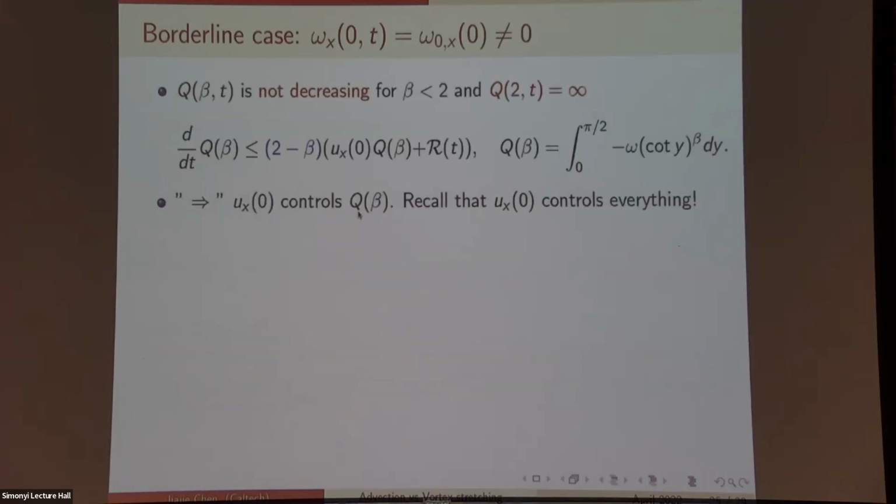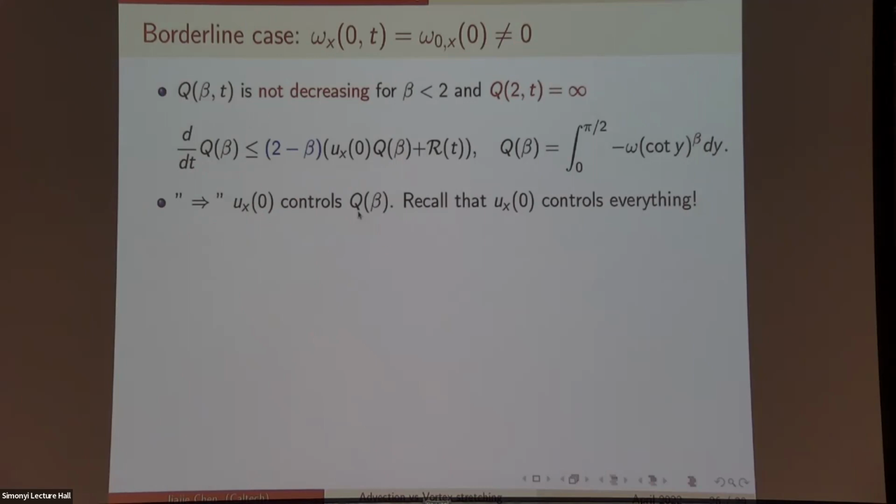Okay, now with this defined estimate, we can obtain a new estimate for this energy Q beta. But if we first start at this estimate and neglect this remainder term, what we can see immediately is that this quantity U sub x0 controls Q beta. So this function can be controlled by U sub x0. However, this is not the thing we want because we already showed that this point controls everything. It controls the blowup.